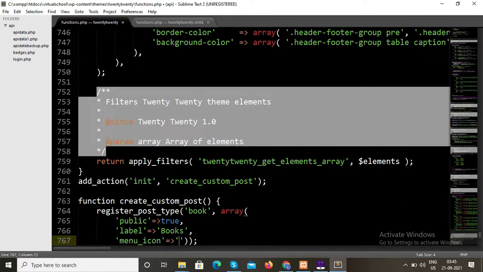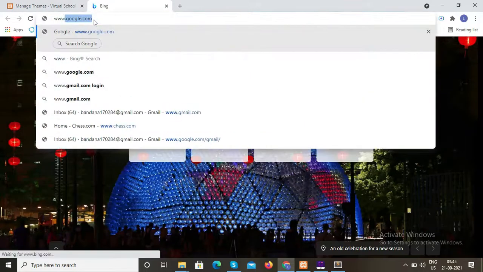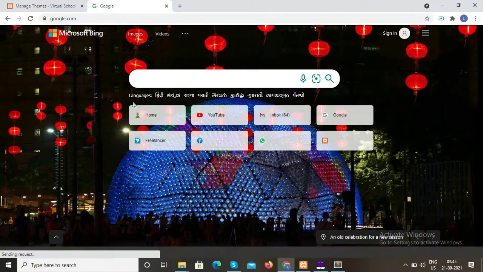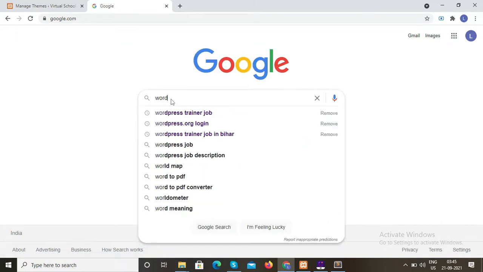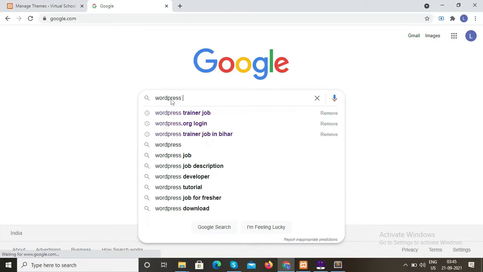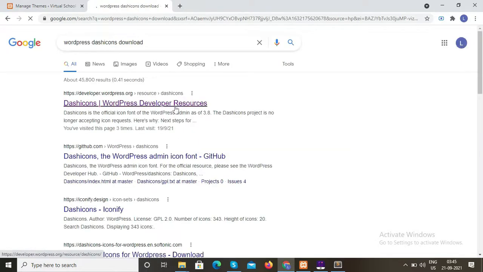There are many WordPress dashicons. So we will go to Google, www.google.com, and here we search WordPress dashicons,